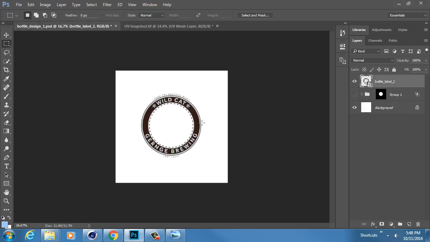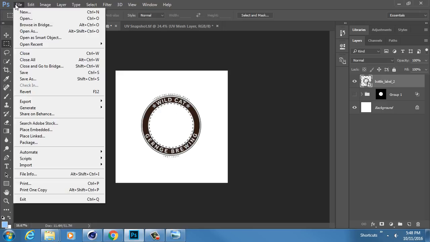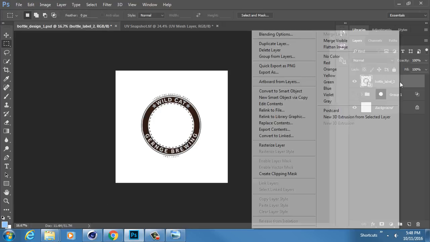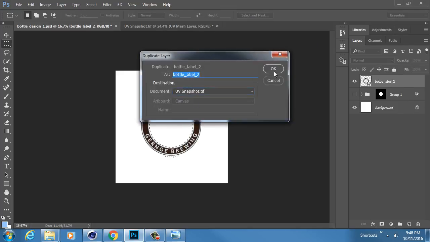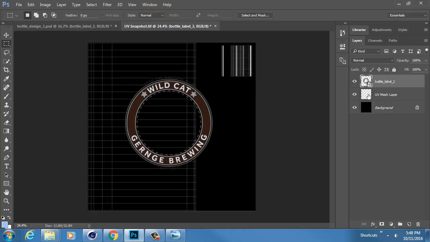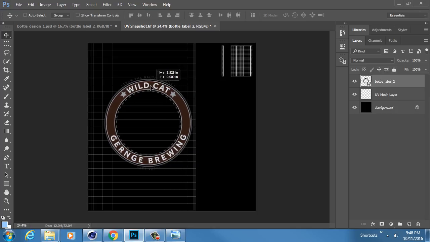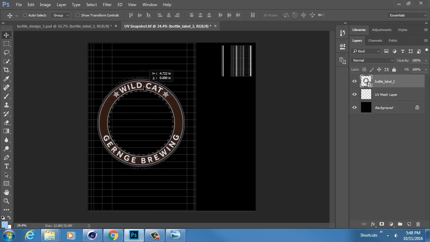So with that being said, I've got the start of my label here. I wrote out this title of a fake beer and made some designs in Illustrator. So what I can do is duplicate this layer, duplicate into the UV snapshot. All right, cool. I've got this smart object now, which was my Illustrator file, and I can bring this in